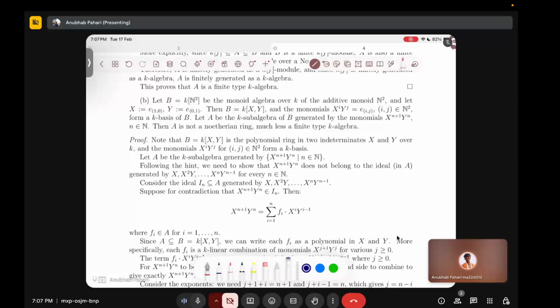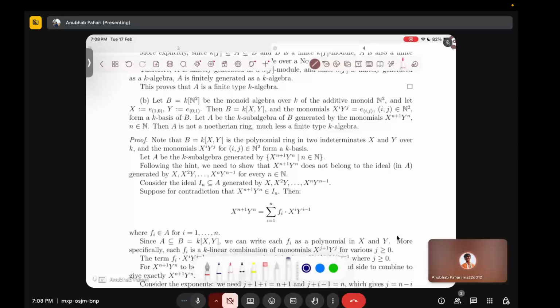Let x be the (1, 0) tuple and y the (0, 1) tuple, and then B, which is of the form K[x, y], and the monoid monomials x^i y^j = e_ij, where (i, j) is coming from N^2, form a K-basis of B, and let A be the K-subalgebra of B